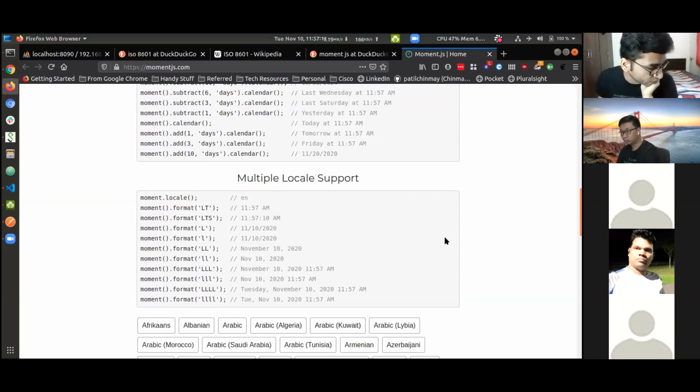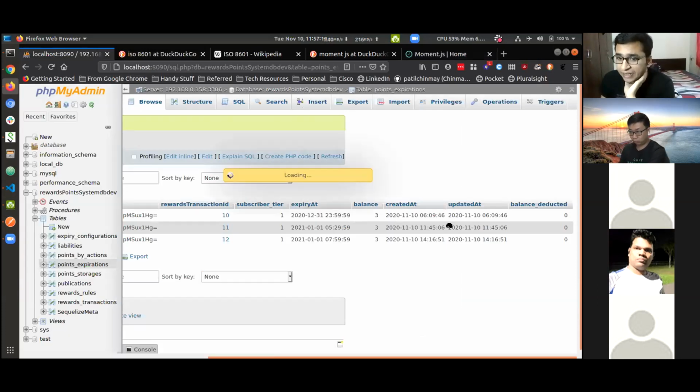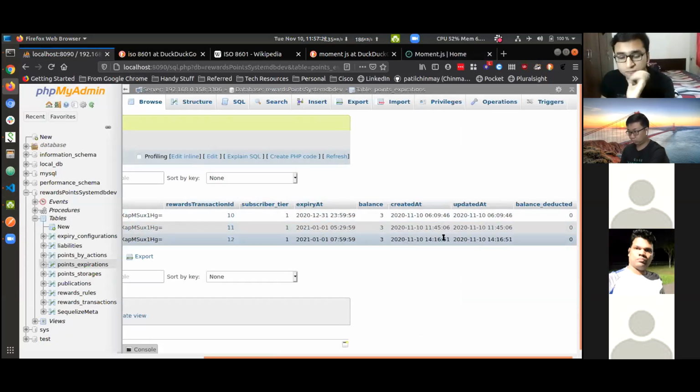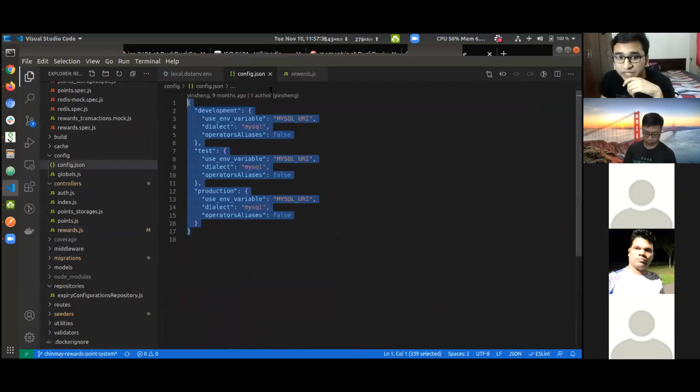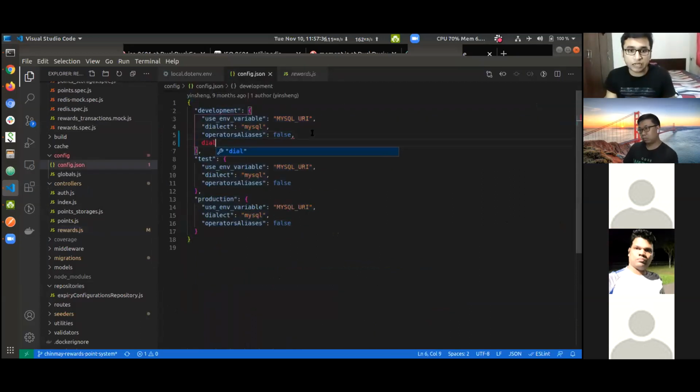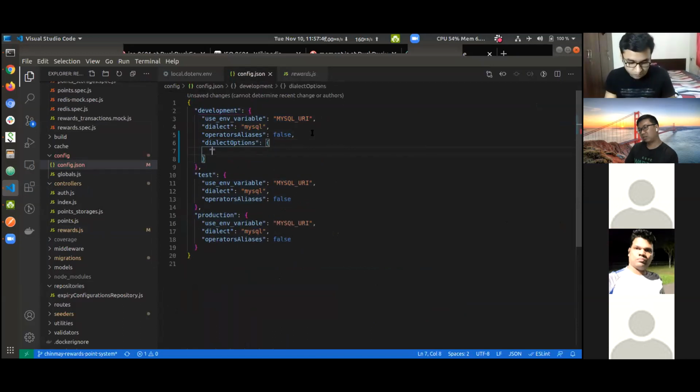This is another point I wanted to bring. Now the experiment that I did, which we saw, and how the data was added in different time zones and how it was manipulated, this was only for writing to the database. There is another thing, that is reading from the database, where we have another option that comes into the picture, where we'll be using dialectOptions. It's an object, and then we'll be using useUTC